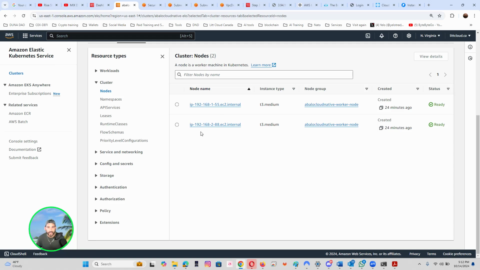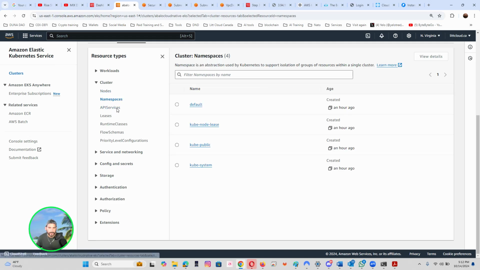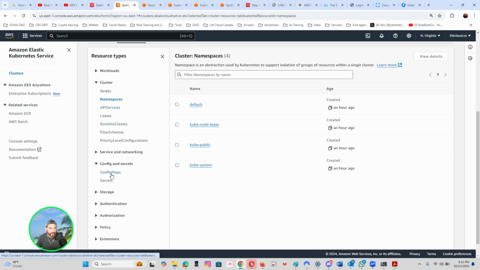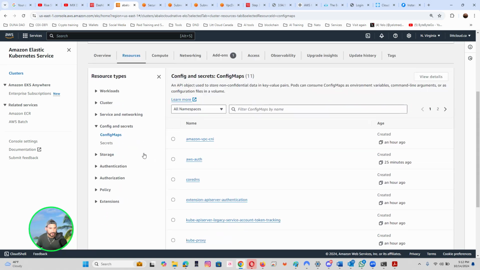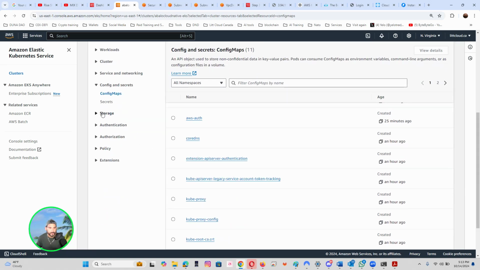192.168.1.55 and 192.168.2.88. Okay. And all the namespaces for the extra services that we're using from AWS. What else can we set? Yeah, the ConfigMap, where you basically share and save configurations. We're gonna talk about all these little